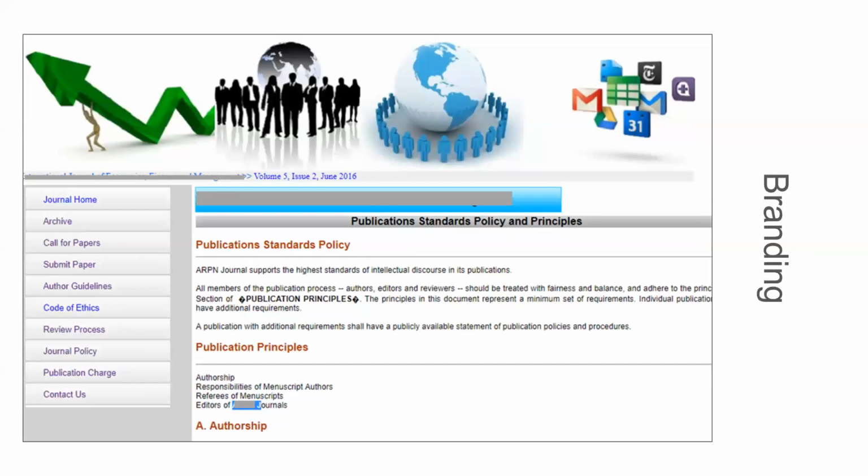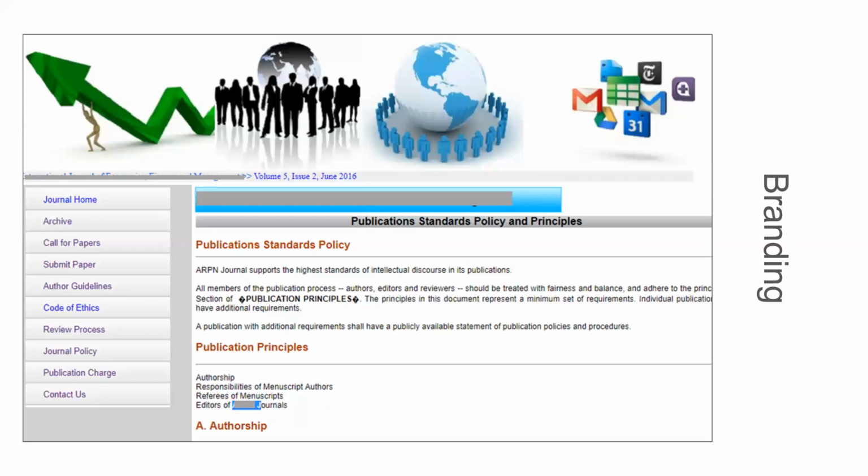Then next, in this example, the branding is a giveaway, because this is clip art just pasted together to make up the branding of this journal, whereas usually a journal would have quite nice branding. I mean, journal editors are serious about what they do and how they present their academic work. So just putting together a few clip art pictures is not what a legitimate journal would usually do.